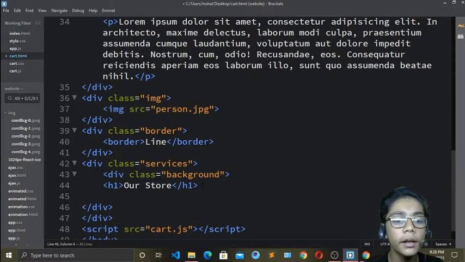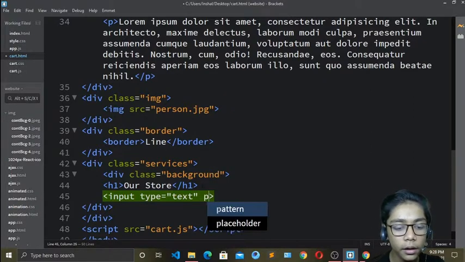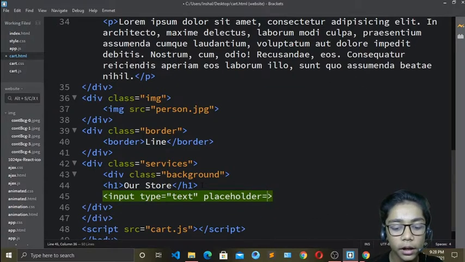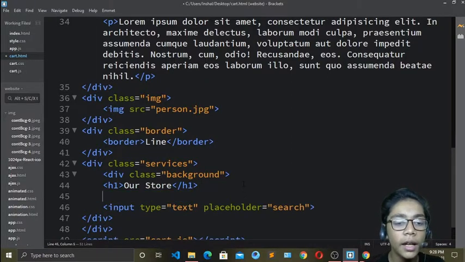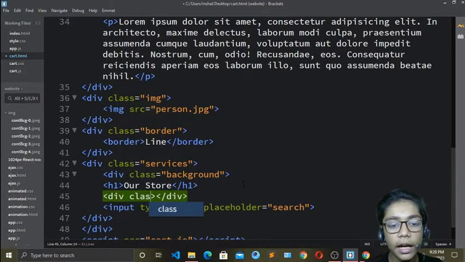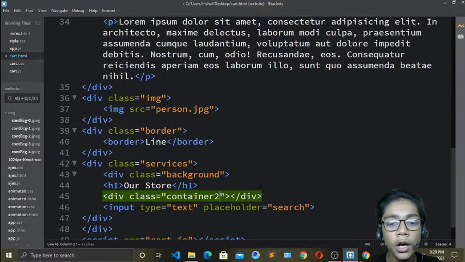I will come over here and define another thing which is h2. Now erase that, and over here I will write an input tag. In that you have to write placeholder and write search. Now when you've done all these things, come underneath that again, and I will write another thing, all my products first of all. I will come over here and write a div, and I will give the class of container. Now I will write container 2, because I've already given the class of container.